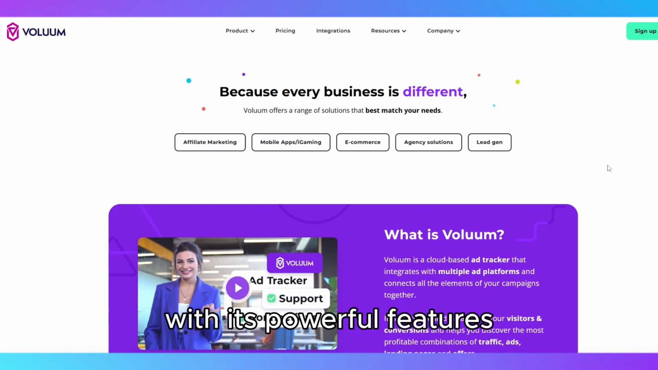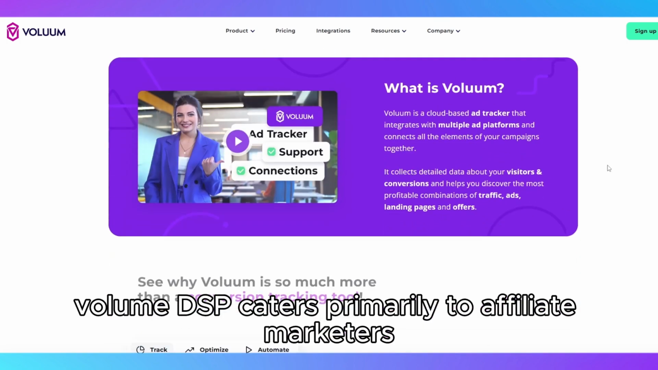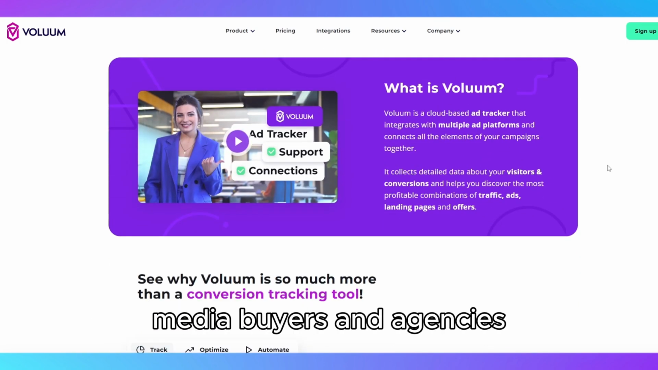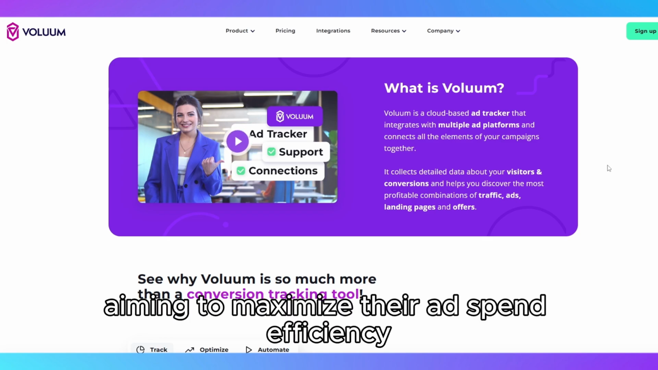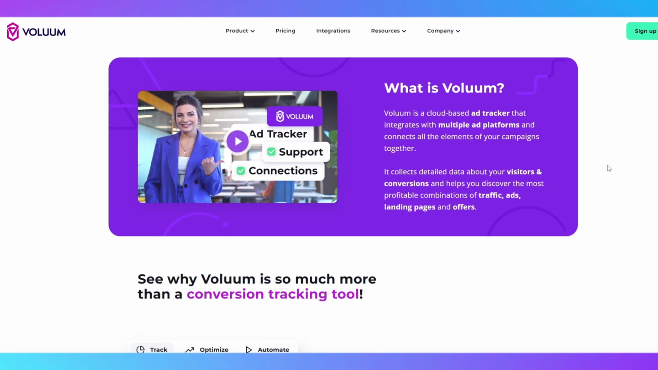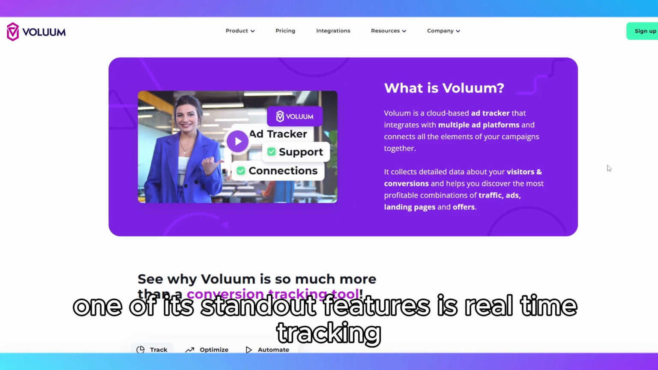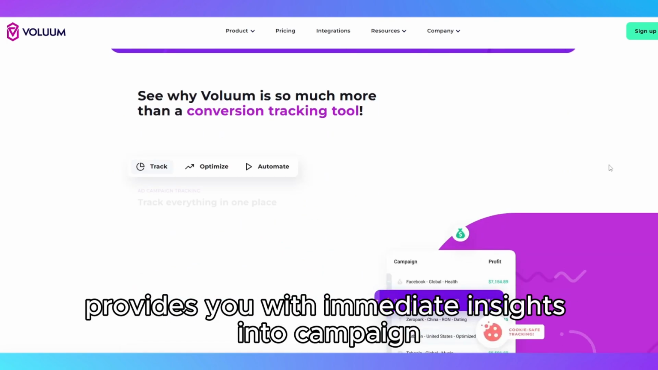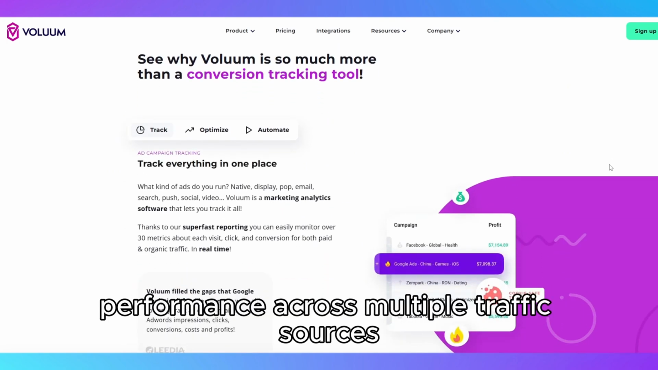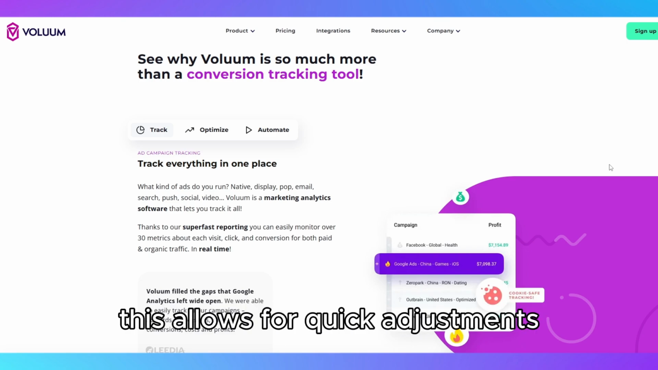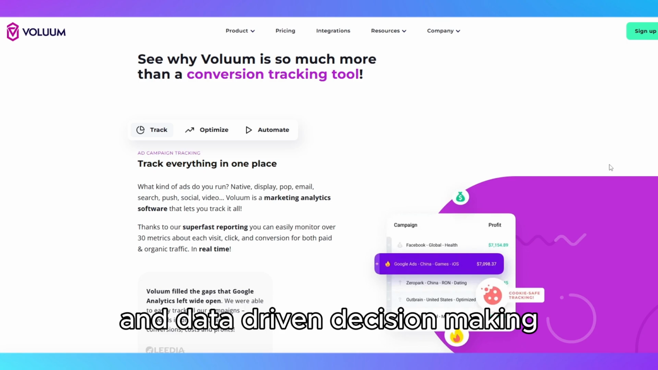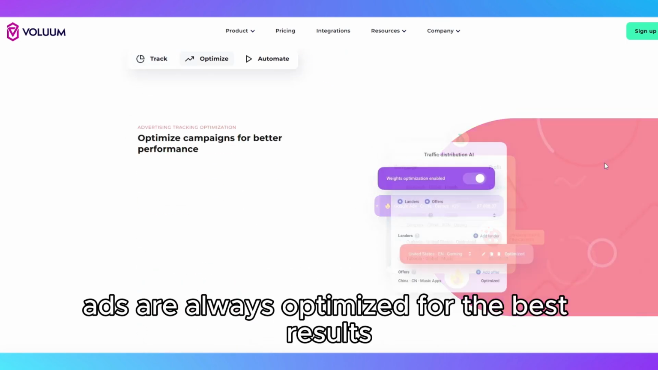With its powerful features, Volume DSP caters primarily to affiliate marketers, media buyers, and agencies aiming to maximize their ad spend efficiency. One of its standout features is real-time tracking, which provides you with immediate insights into campaign performance across multiple traffic sources. This allows for quick adjustments and data-driven decision-making, ensuring that your ads are always optimized for the